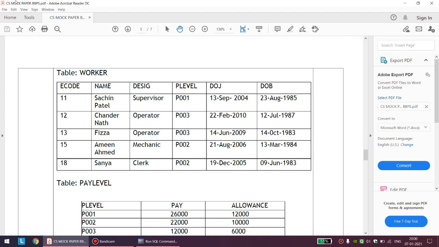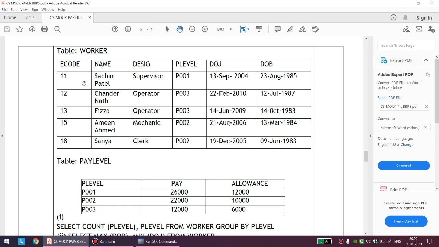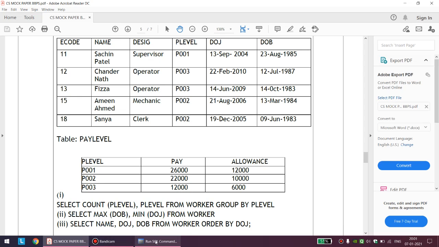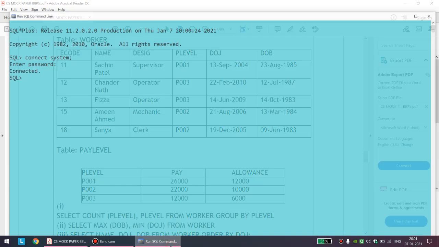As you can understand, it will take a good amount of time. So if you want, you can skip to the later part of the video. Once this table has been created and data has been entered, you can skip to the later section of the video where we will be directly discussing the solution of this output prediction question. Okay, fine. So first of all, I will be creating the table worker.